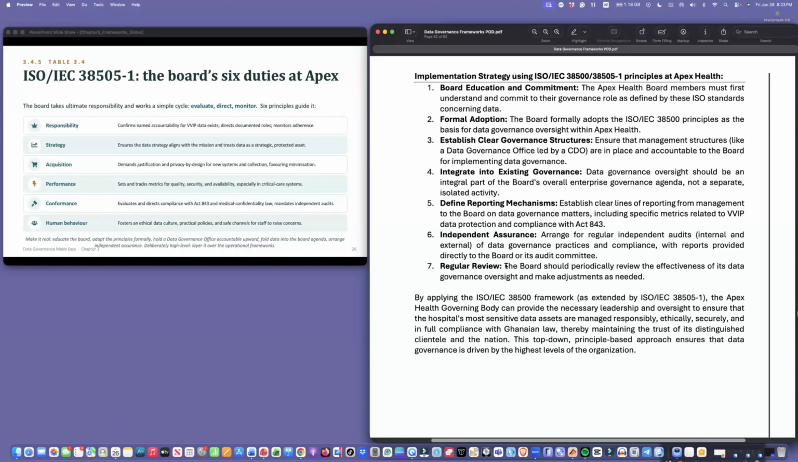Define reporting mechanisms. How do you get information to the board? When there are issues concerning data governance, what will be the process in which we are going to have clear lines of authorization, clear lines of reporting? Independent assurance. Sometimes the board is not equipped to do some of these audits that I mentioned earlier. So the board can set up an independent audit team to do the internal and external auditing